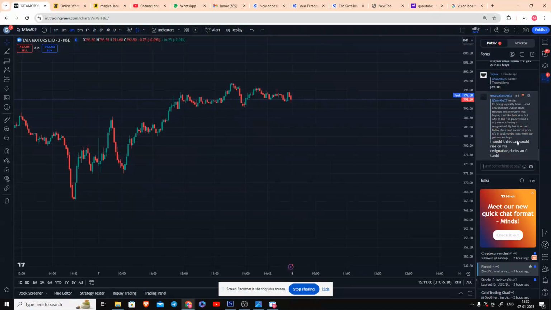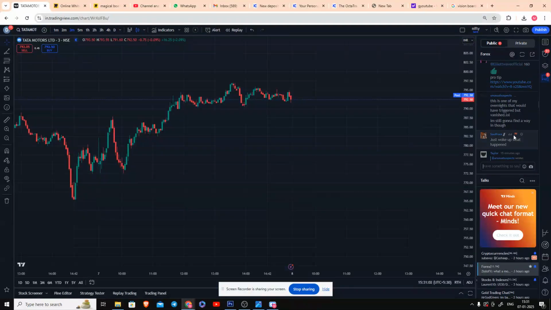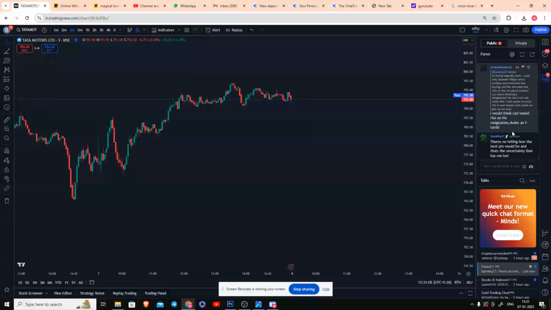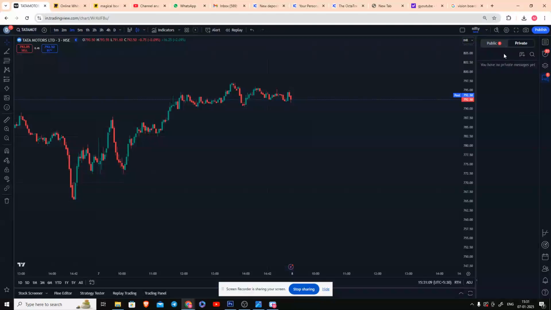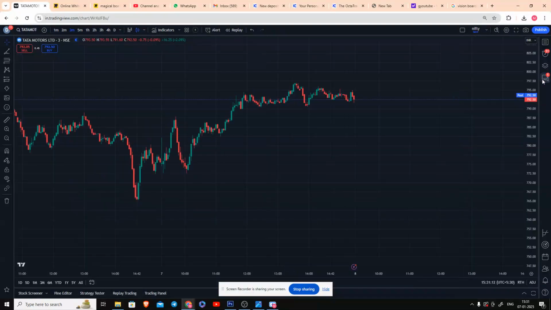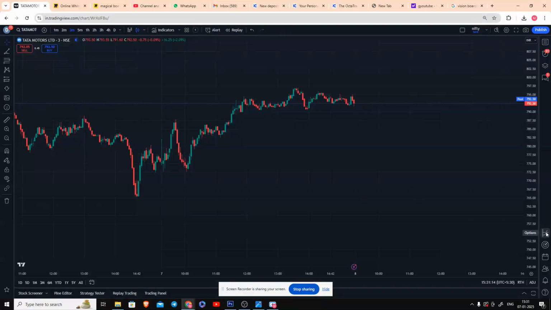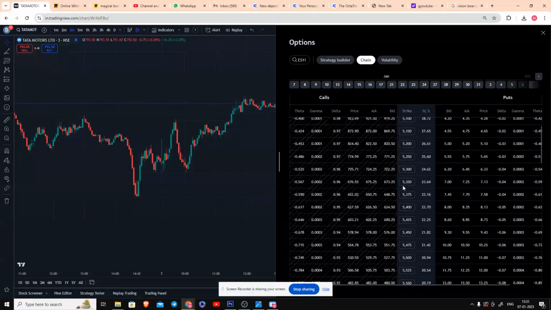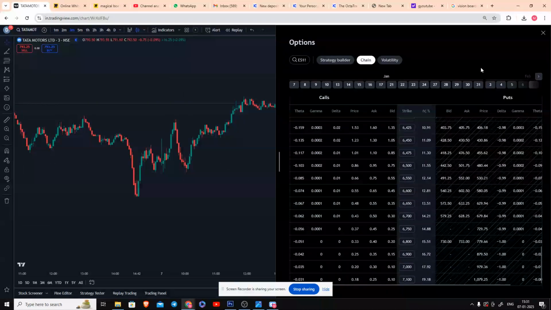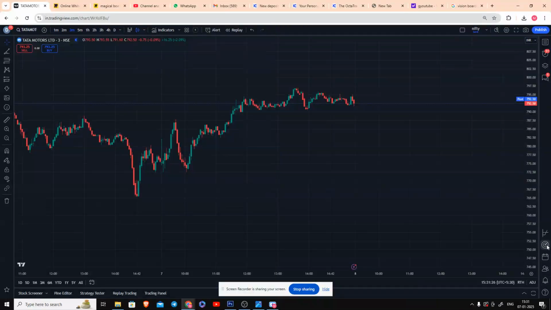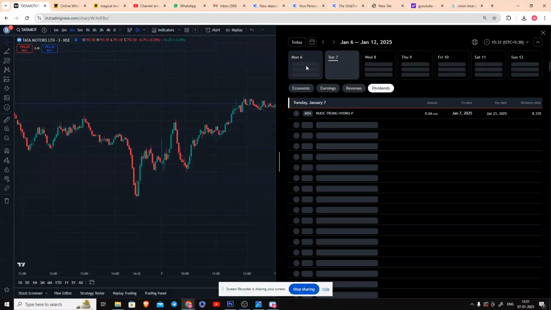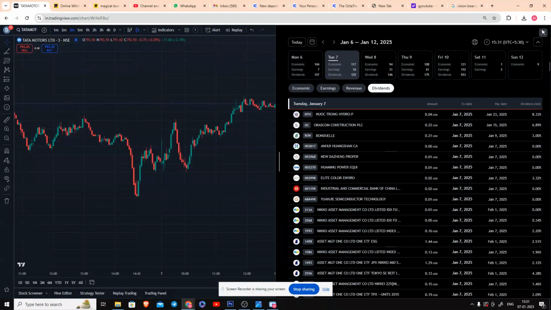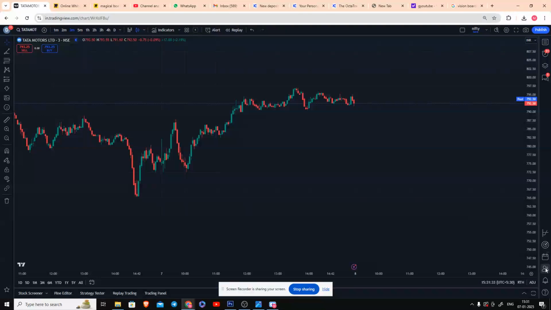And these are the charts. So what is happening, what are the opinions, what is the news that is currently going on, you get everything here. Public, private, you can also have private messages here for yourself to have a quick look at. And these are the option chains you can see. I'll show you. So in brokers we have option chain, right? So here we can also explore this option chain. And these are the calendars, if you want to see what has happened in the previous month or previous year, you can explore the options here.